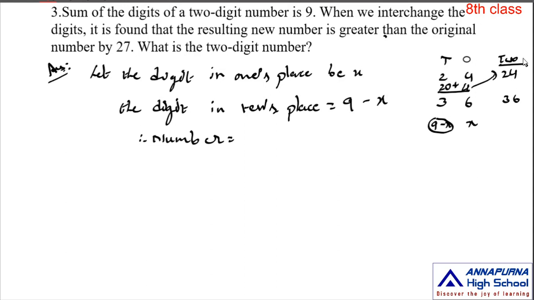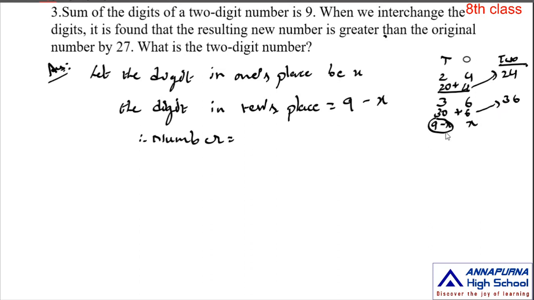So this is the internal process involved when you know the two digits in that number. We find that number like this. Observe the second example also. 3 is in tens place, so its place value is 30. 6 is in ones place, so its place value is 6. By adding these two place values, we get the two-digit number.